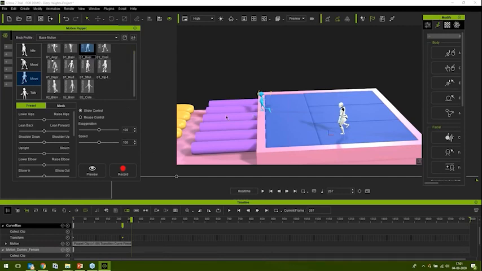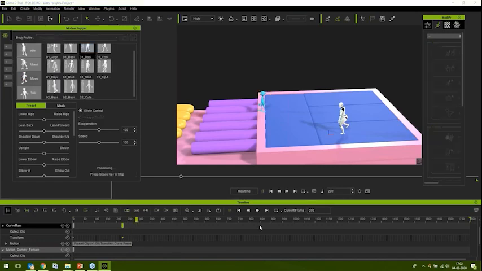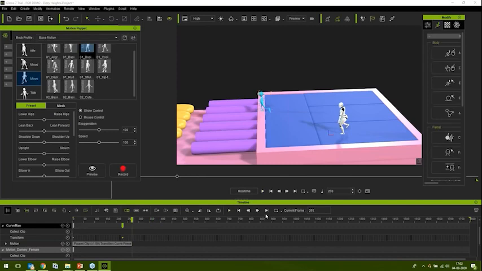From here he will walk and then he will jump. So again preview, press. See, he is walking normally, but on that,